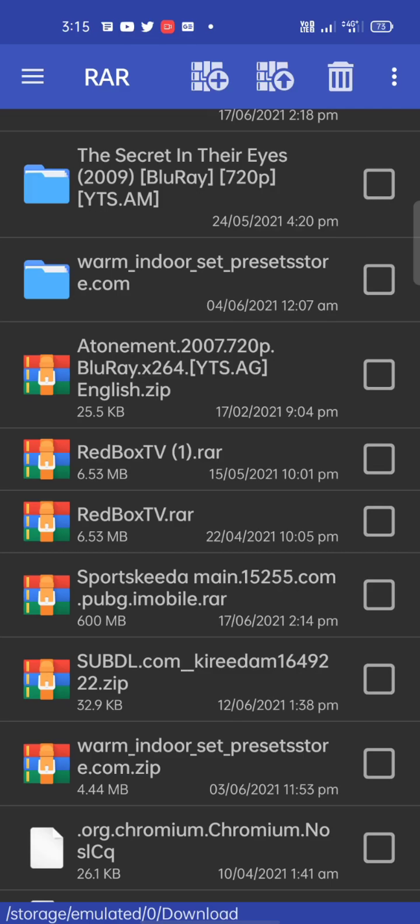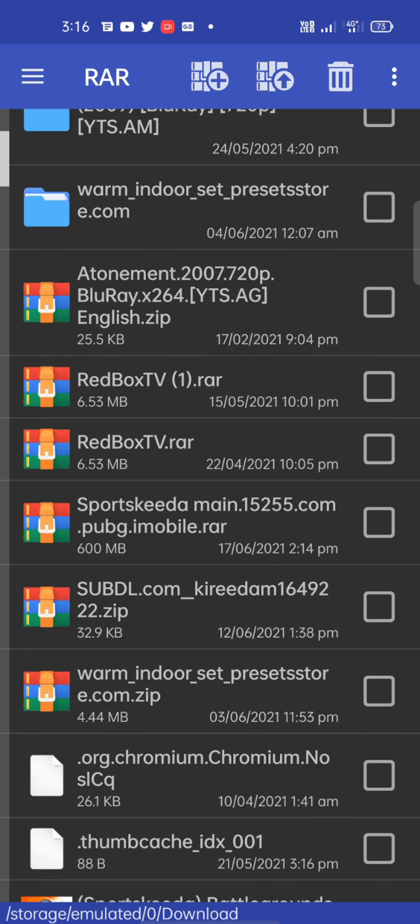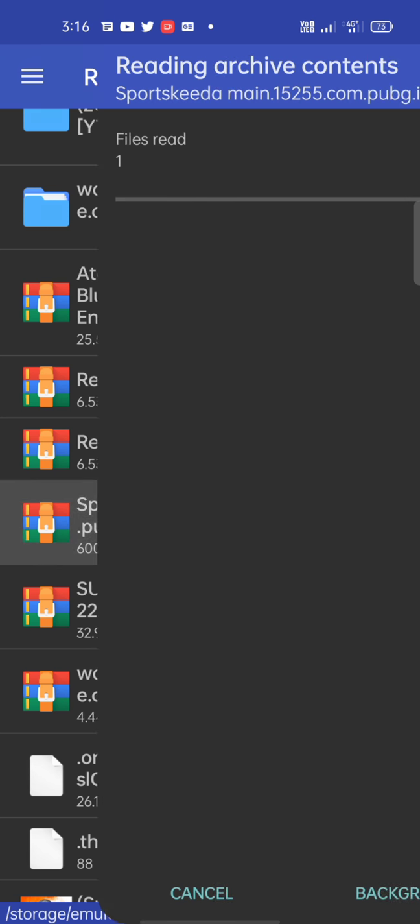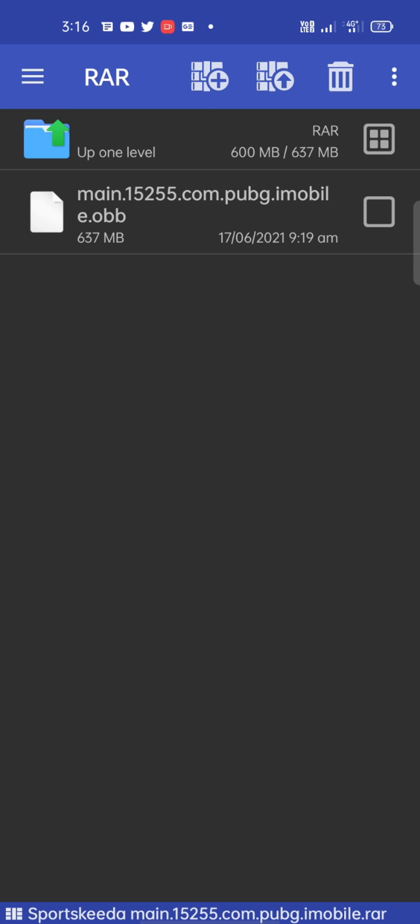Now you have to install a RAR. For the RAR, I'll give you the link in the description, or you can simply go to the Play Store and type RAR and you can download it from there. And after installing RAR, go to the RAR and there'll be your RAR file. There's this OBB file. Click on it